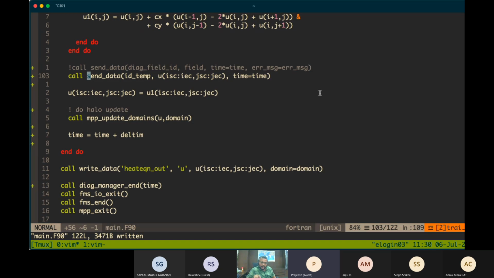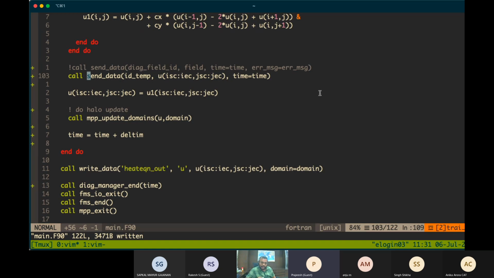Send data will send the data at every time step, and definitely we are not writing it at every time step. So it will check at what time step you want the data from the table. We give that information, and accordingly it will store the data in whatever way you want.